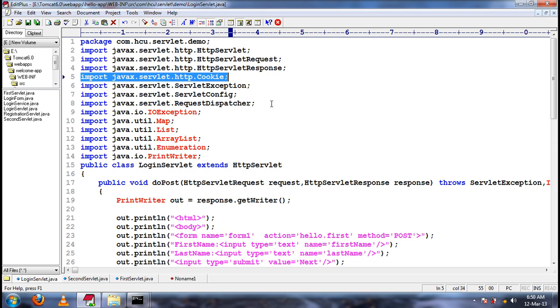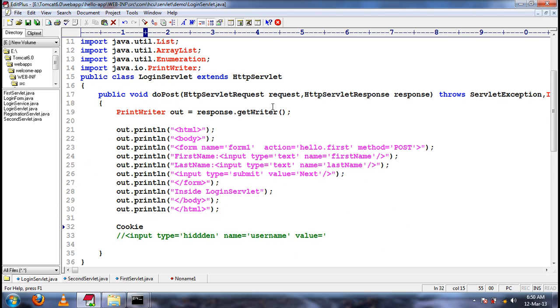Understood? So, the next thing is, we'll create a cookie. Cookie will take a key value pair. The key and value both should be strings.